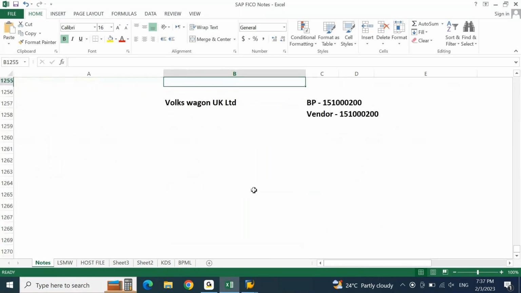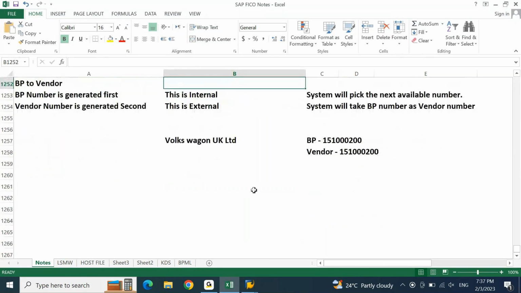This BP creation is very important for us to proceed with different cases, different scenarios of your accounts payable. You have to be very clear and confident with the BP master creation in line with two scenarios: BP and vendor same number, BP and vendor different number. This is your first level to start your accounts payable practice. Once you have this,